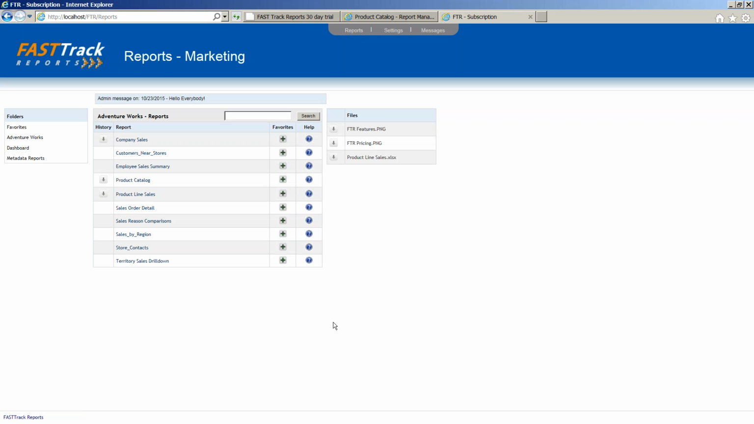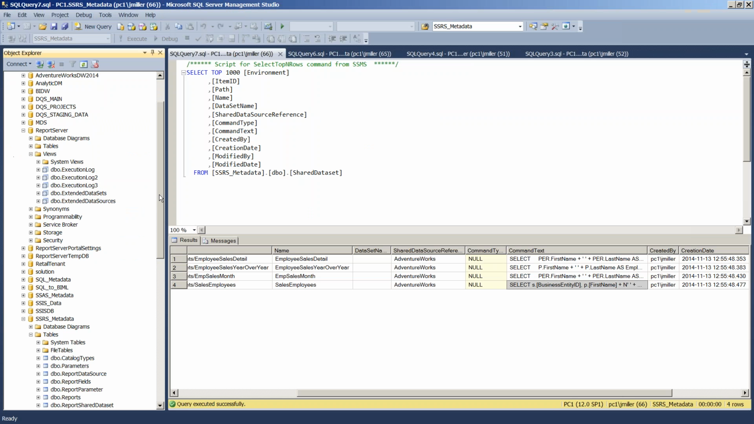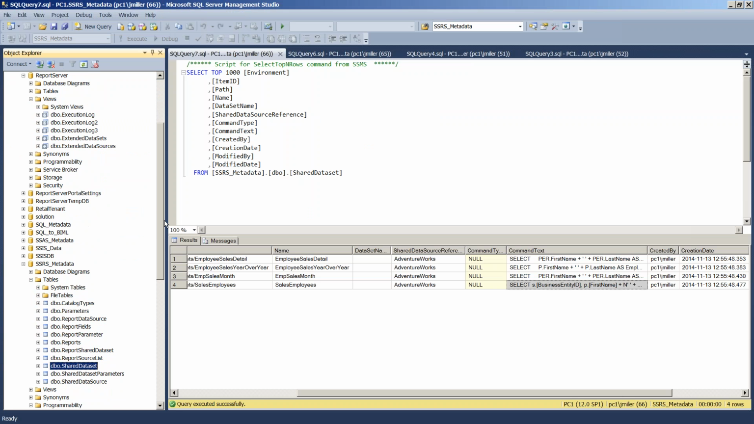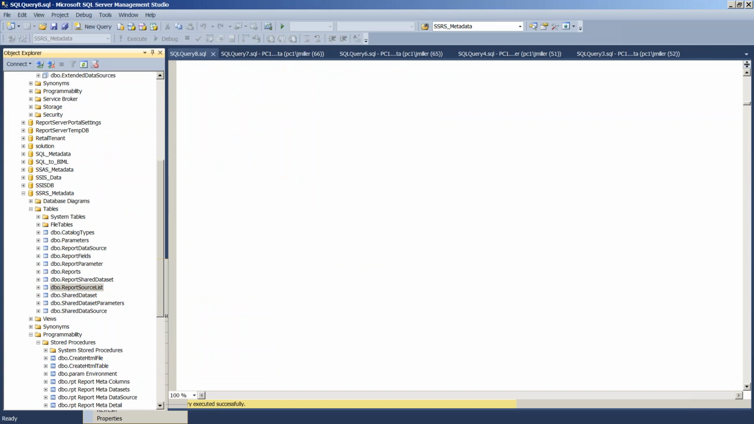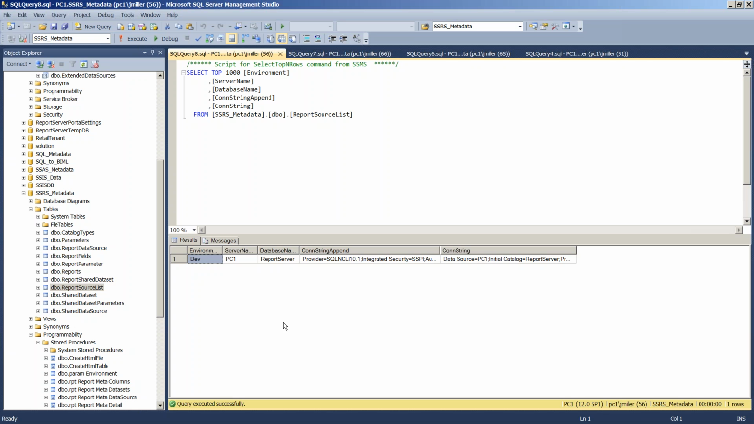If you are sharing the SSRS server with other teams, and you use this method, can you see other teams' report metadata? Well, you would do that by environment. So if in fact you had multiple environments defined, here's your report source list. I just have one, but if you were to add another one,